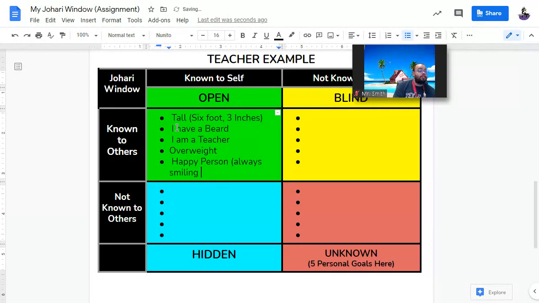Now, remember that you can just write little bits like this, or you can write longer versions of it as well. Normally I would have to ask people about things that I don't know about myself that they would tell me, but I went ahead and asked people beforehand to let me know so that I could actually get some answers right here.